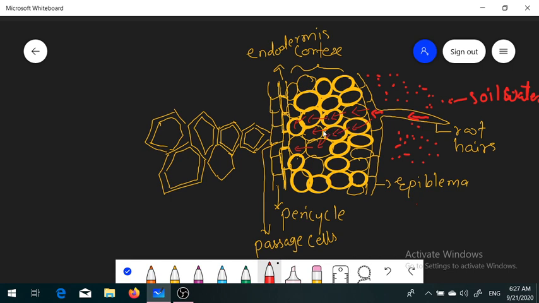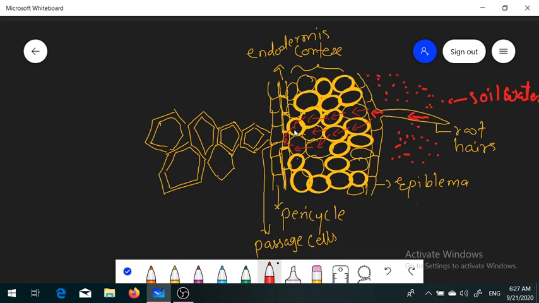Okay. So in this way the cortical cells have filled with the water. Then there is the endodermis. The endodermis has only some cells which are the passage cells. Passage cells means they are thin walled. So water from different directions enters into the passage cell. Okay. The passage cells have the